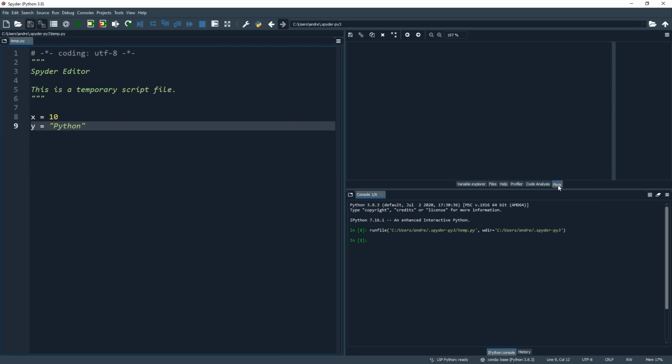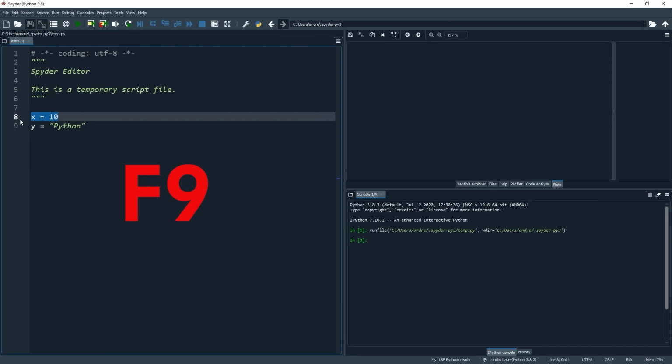Now, one great thing about Spyder is that we have the ability to just run any highlighted pieces of code that we want, rather than always just running the full script as in some other IDEs. In our code over here on the left where we created our X and Y objects, if I only wanted to create X, I could simply highlight that line of code and then hit F9, and this will only run this line and nothing else. And we'll be using this all the time during the course, so it's a good shortcut to know.